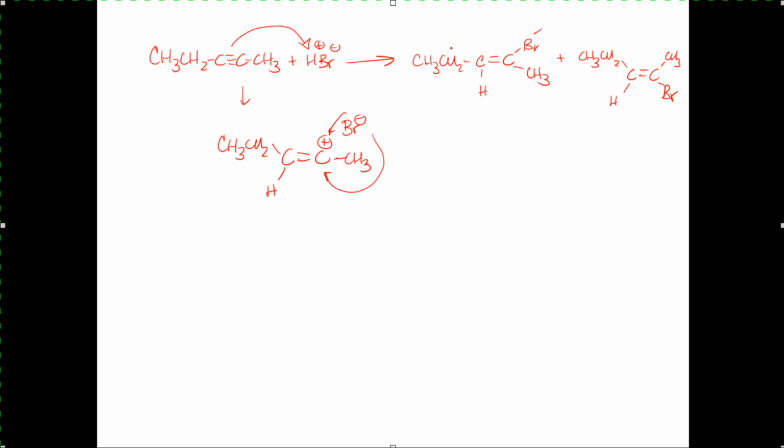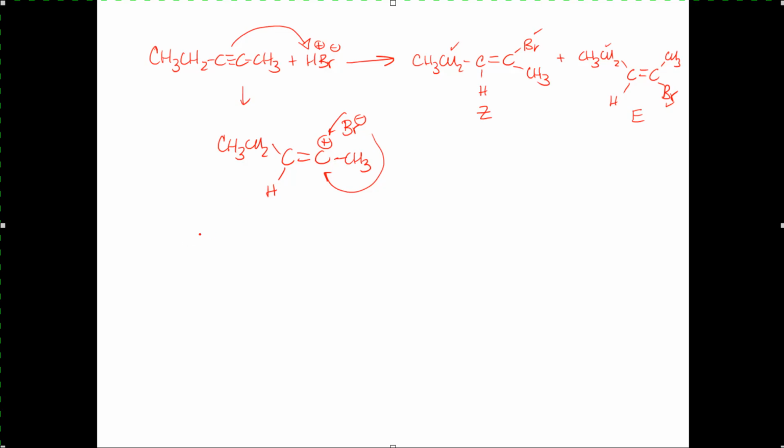Ethyl versus hydrogen, ethyl wins, so this would be the Z, and then this would be the E isomer. So we would get a 50-50 mixture for adding the hydrogen and basically forming a secondary vinylic